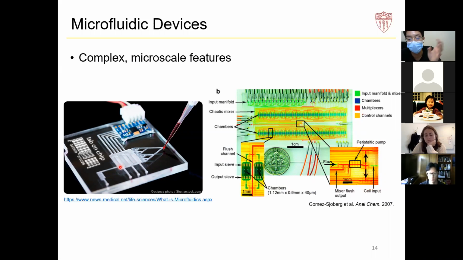As the name kind of implies, these devices are micro scale devices that work with fluids. And to do that, we have a bunch of these small microscale channels. And these channels are where you flow your fluids in. So the fluids could literally just be fluids that have cells, or it could be fluids with drugs dissolved into it. The possibility is endless. And then we have these very complex patterning of the fluidic device, as you can see here, with different colors. And that's how you can achieve